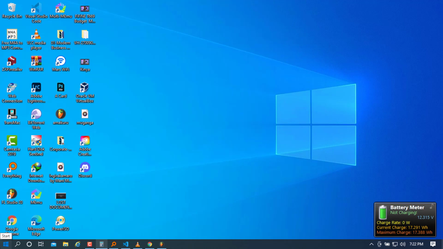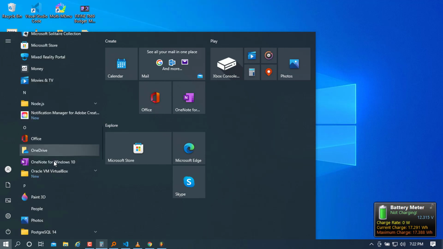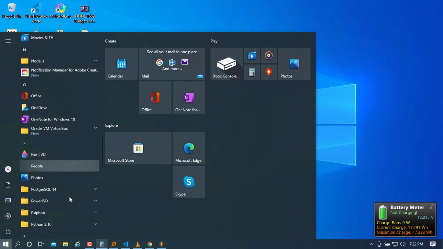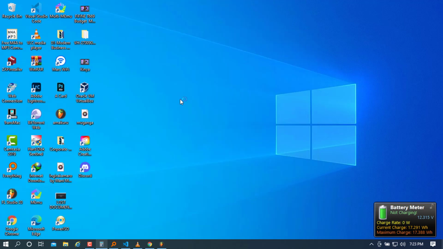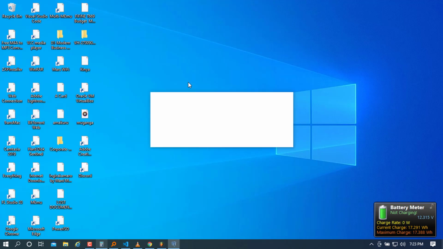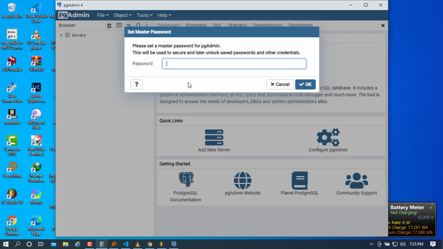After that, I can go on my start menu, and I will search for the pgAdmin, and I hope it will be down here for the P. Let's see, PostgreSQL, and pgAdmin 4 is here. I'm going to go ahead and open it. All right, and once now it's successfully opened, it will ask you to set the master password, and I'm going to go ahead and put the password in here